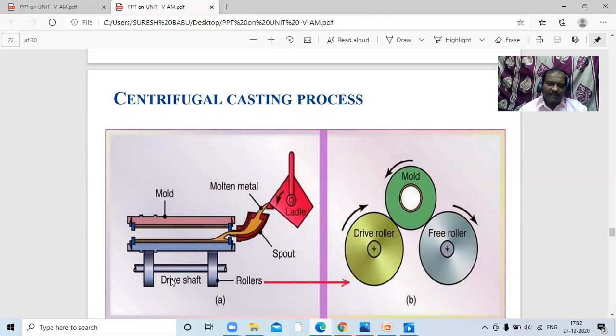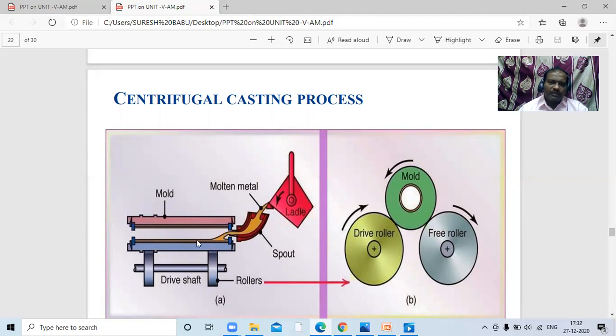After sufficient time, when the solidification is completed, we can remove the mold, thereby obtaining the product which is done with the casting process. Due to this rotation, the metal is pushed into the edges. That's why it is called the centrifugal casting process.